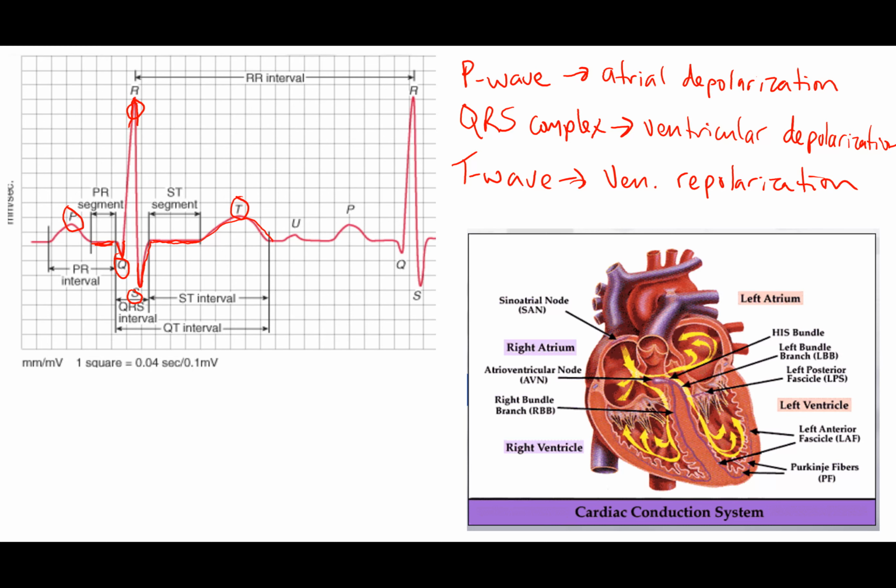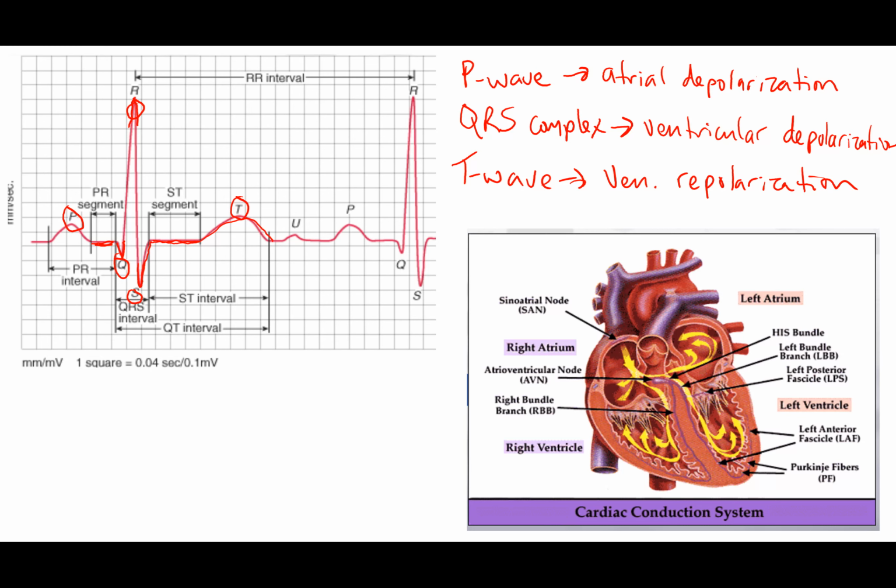Now, if you're following along, you might have an objection here and say, wait a minute, what happened to atrial repolarization? Shouldn't atrial repolarization happen before ventricular repolarization? And the answer is yes, it should and it does. So what happens electrically is you get atrial depolarization, and then you get ventricular depolarization and atrial repolarization at about